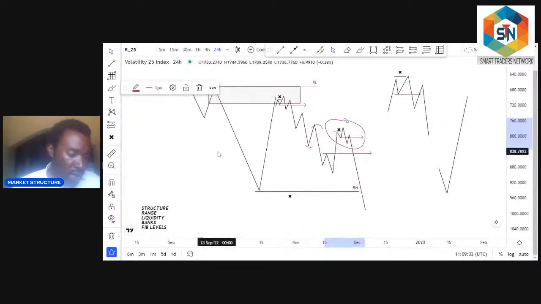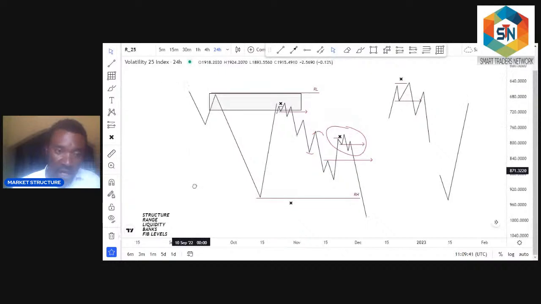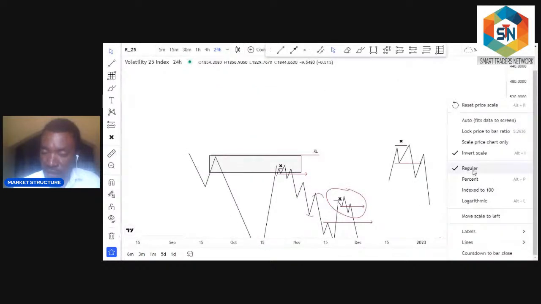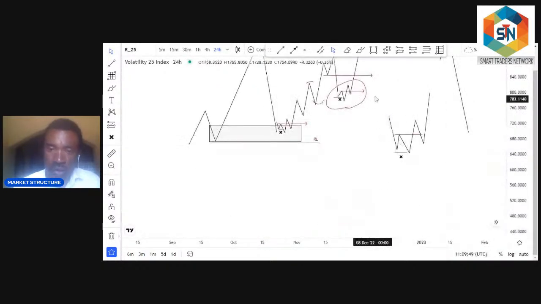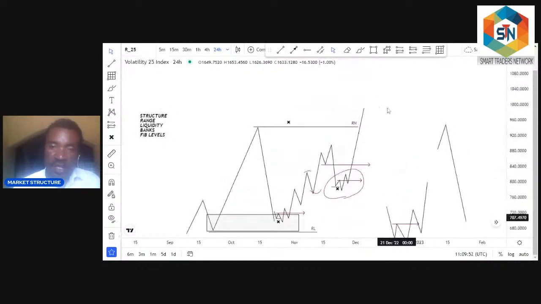So let's go to the chart so that I can show you other things, but let's go to the chart first. This is VIX 25. I love this asset. I've been trading it back to back. So I also like to use it to give us an example because it gives you a perfect